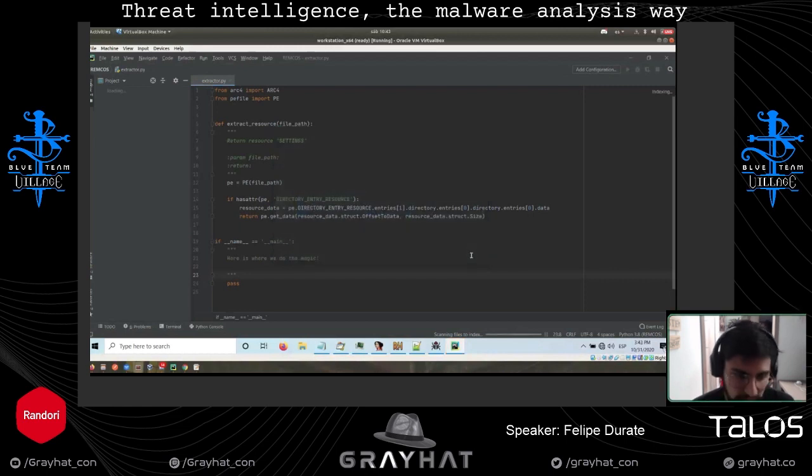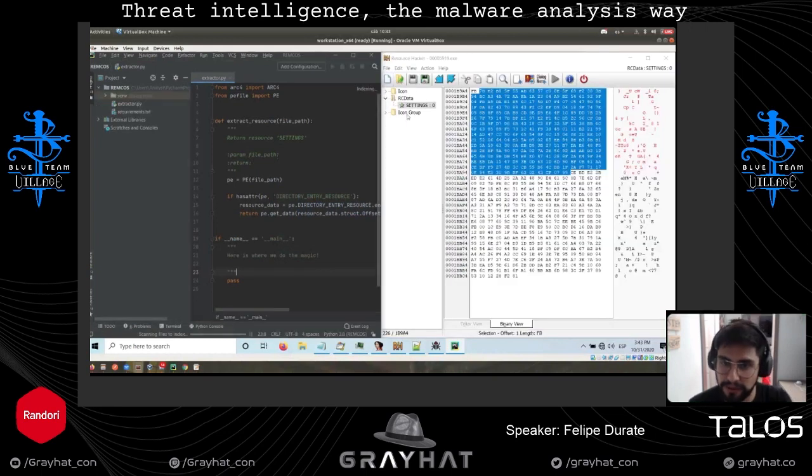I already added some code that is going to extract the settings resource, so you don't need to worry about that. You just need to worry about writing the actual Python configuration structure, which is this. Again, wait, because it's kind of slow.